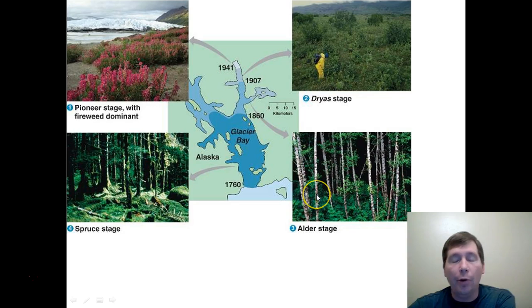Here, this area that was covered by ice 160 years ago, now we have trees growing there because the soil has gotten thicker and thicker and thicker through the process of primary succession. And then finally here, this area was under the ice almost 300 years ago. The ice melted, pioneer species came in, and eventually a full forest is growing here. So here you can see the process of primary succession as we went from an area with bare rock with almost no soil, making a little bit more soil, a little bit more soil, and finally we have a full-fledged forest there. So that's another example of primary succession at work.